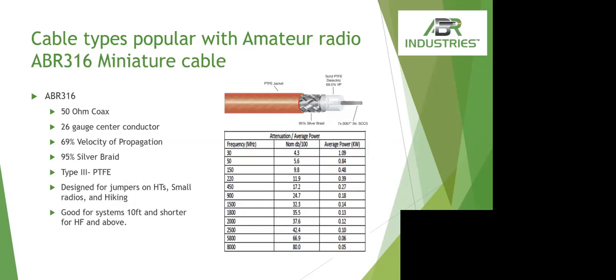And then finally is the 316. 316 is typically used in jumpers, and can also be used for small QRP radios out there when they're hiking. It's good for runs of about 10 feet or shorter. Some people use it up to 25 feet, but still, it's usually done with HF applications. The reason this product is so good is that